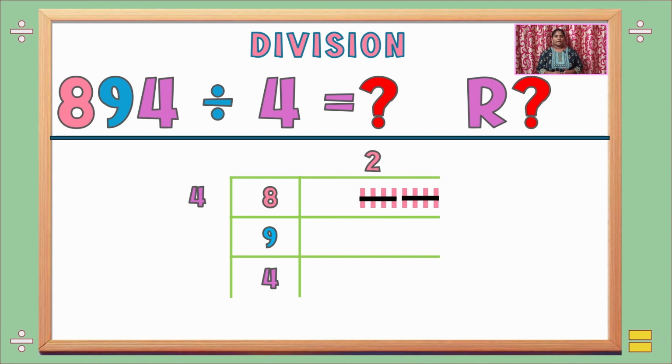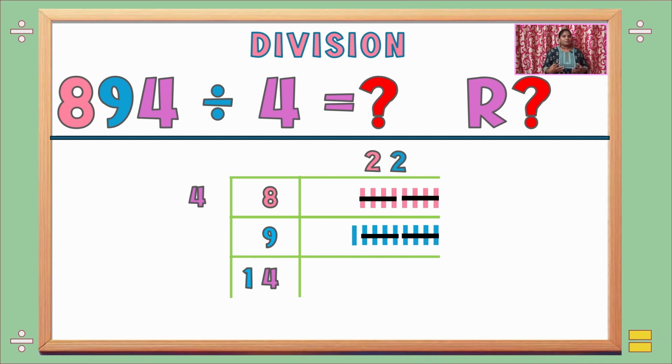Now let's come to the second one. The number is 9. Again let's draw the 9 lines and cross out each 4 as a pair: 4, 4. And here 1 is remaining. So let's take this number 1 and put it into the third box. We already have one number in the box, what is that? 4. So this 1 we are going to put into the tens place. Now what is the number? 14. Now how many times have we struck out the number 9? 2 times. Let's again write the number 2.